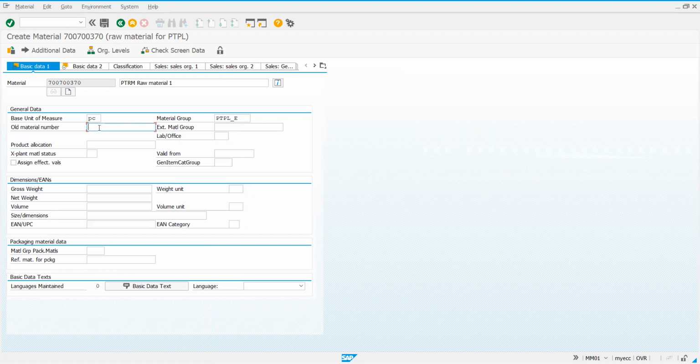After that, if in case the client has it in some other ERP system, it may not necessarily be SAP. It can be any other database management. So if at all you are trying to create a material which is similar to the one which existed earlier, which the client was using earlier also, then as a reference you can give that old material number. That's all.